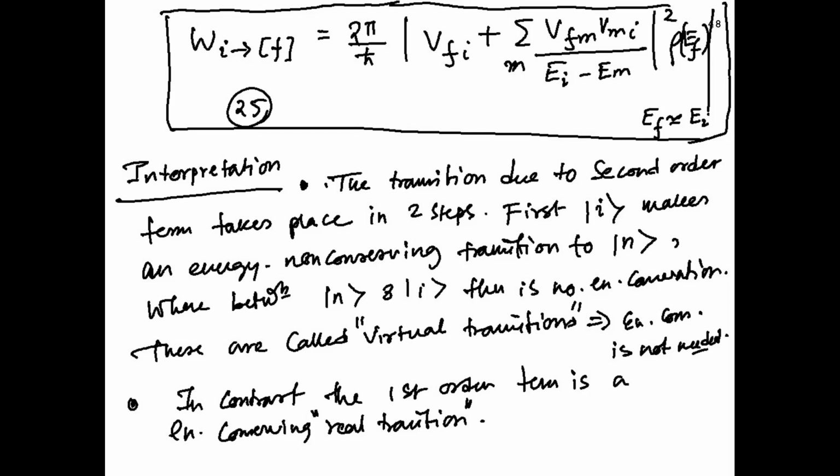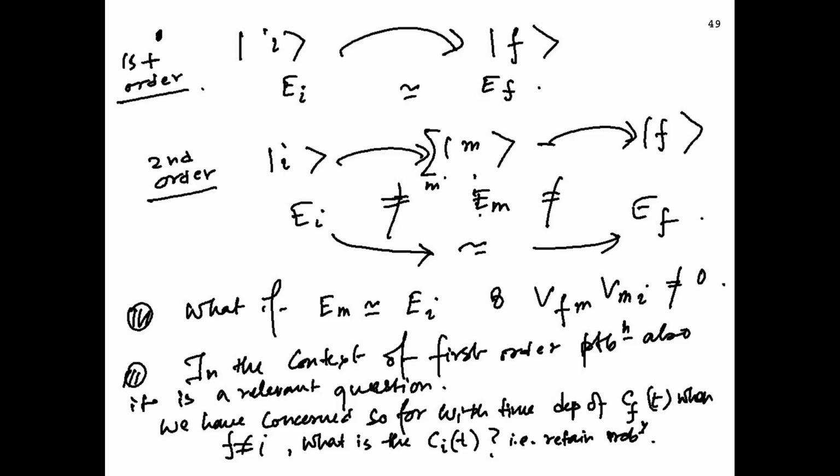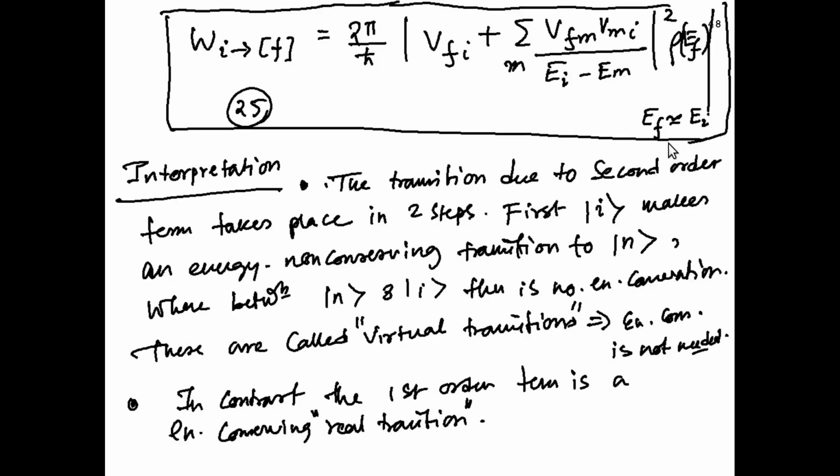Their probabilities are very low, but they can have a significant contribution. So in first order, there are only real transitions, and in second order you get a virtual transition, which takes you through virtual intermediate steps and then takes you to the real state. Here is a diagrammatic representation of this idea. The first order transition takes you from I to F, where EI is almost equal to EF. A second order transition takes you to an intermediate state M, among all the possible intermediate states M, which are not necessarily equal to EI. There are all kinds of intermediate possibilities, and then it takes you to a state F. That is what this second order term implies.